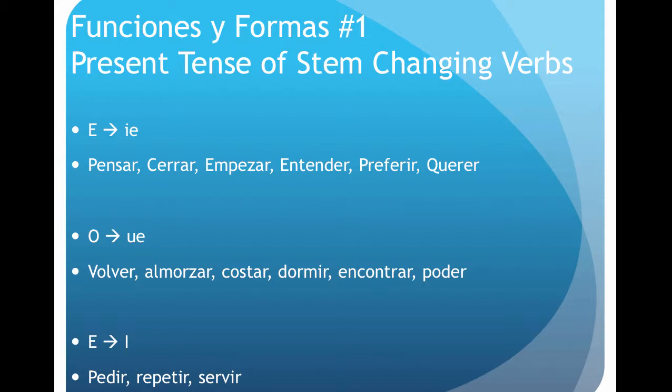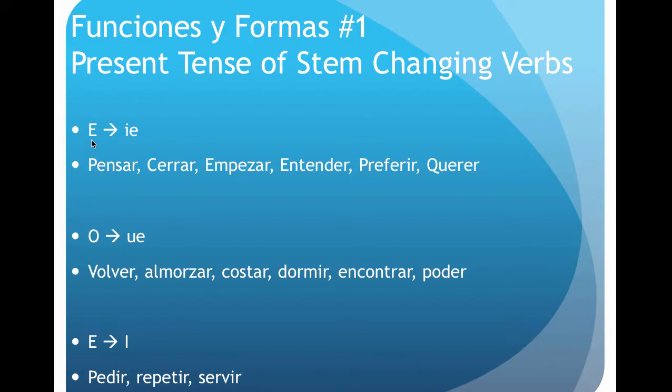Okay, and so with stem changing verbs, we see this part, which we call the stem of the verb, in this case the E, is going to simply change to an IE in many of the cases whenever we're conjugating. Almost all of the cases, as we'll see. Okay, and this again is in the present tense.